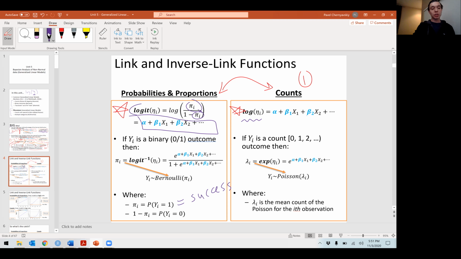So this logit function takes the log of this ratio that I have on the screen, right? It's just the log of this ratio. And that is what we assign our linear combination of alphas and betas and x's to. Now, in order to plug it into a Bernoulli or a binomial, if we have n,